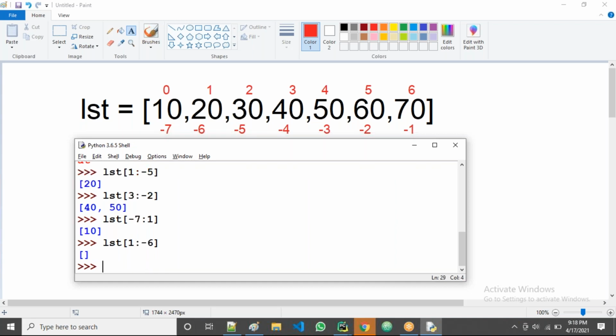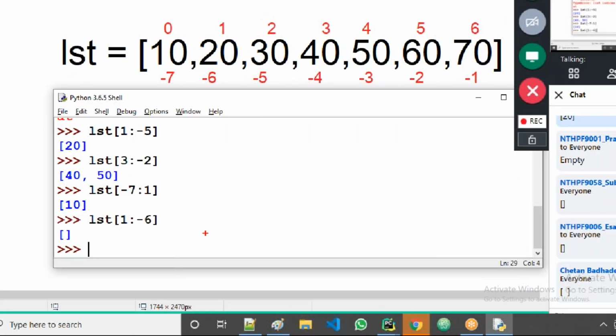Yes. Now, all of you observe here. What is the starting value? 1, right? Starting value 1, guys. And ending value minus 6, which is minus 7 in terms of position. So the ending value is here.